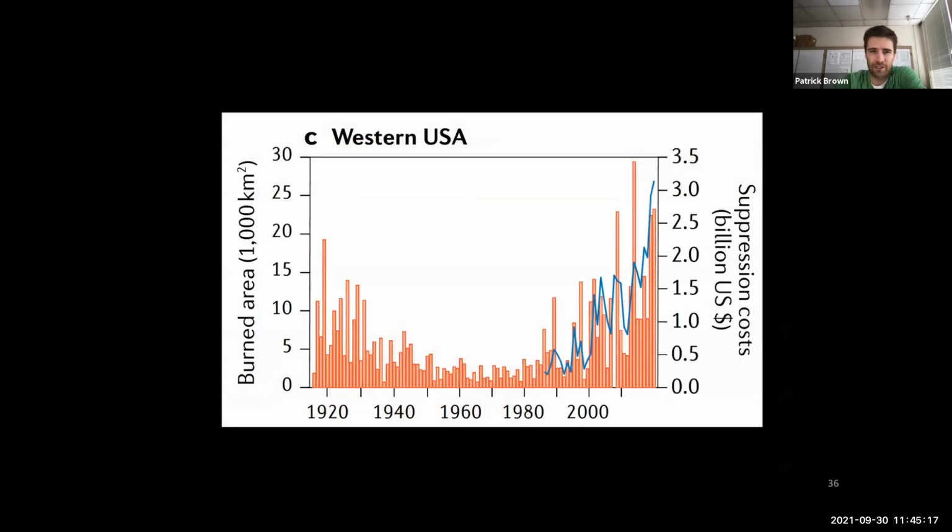So the story is like this. This is going back further than the other graph that was just for California. This is for the entire Western United States, and it's looking at area burned. So this goes back to 1920. We see that there was a long-term downward trend in area burned from the 1910s to the middle of the century. So this was the time period when suppression was working, when we were putting out fires and we were getting less and less fire every year.